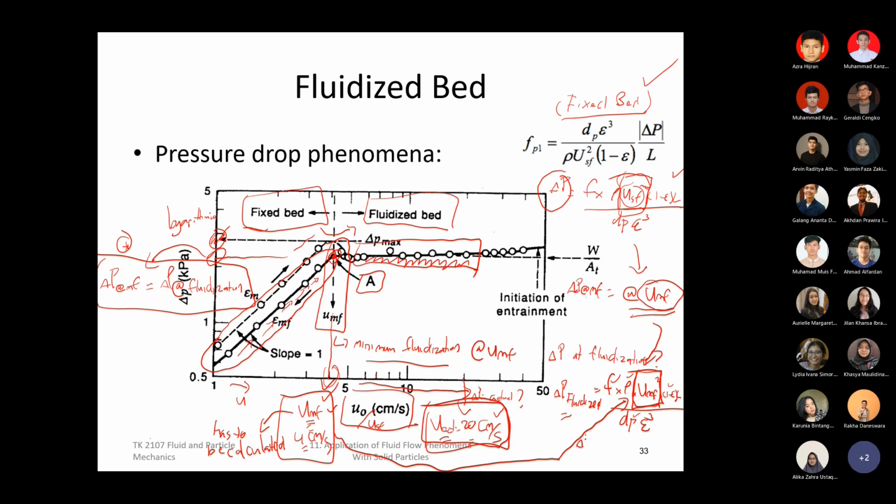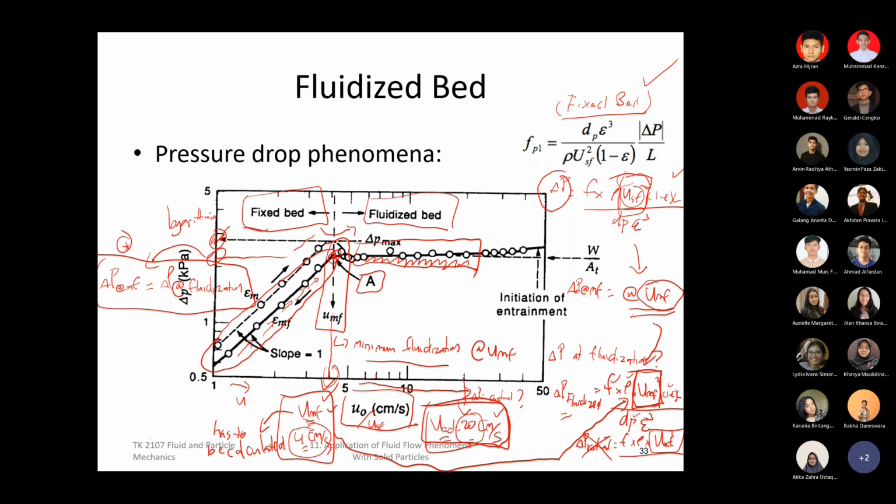You can imagine the problem when you calculate the delta P actual using the velocity actual. Okay, try to imagine, instead of using the UMF, you still use the actual square. Okay, this is incorrect. Why? Just looking at the formula here, UMF square is 16 centimeter square per second square. But if you use 20 centimeter per second, that becomes 400. Then your calculation of pressure drop will actually be 20 to 25 times bigger than the actual